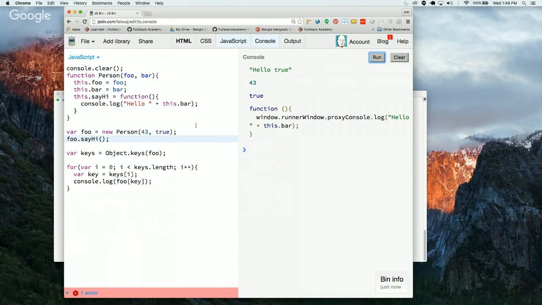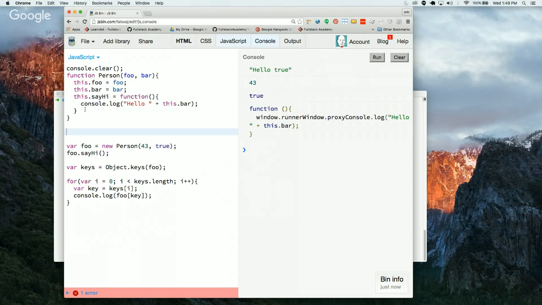So something is a little weird here. One of the things that's a little bit weird is that when I iterate over it, it actually is iterating over this sayHi. Now, that could be what you want it to do, but more than likely, you can end up putting this on the prototype. Again, because there's no reason why two different people should have separate methods. So I could say Person.prototype.sayHi